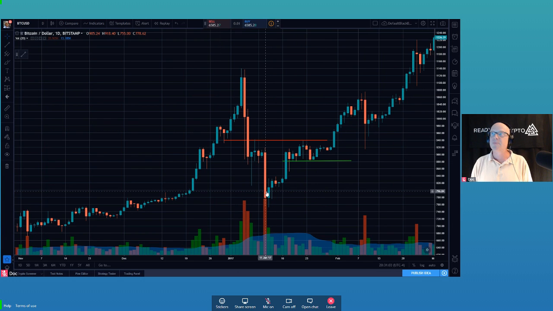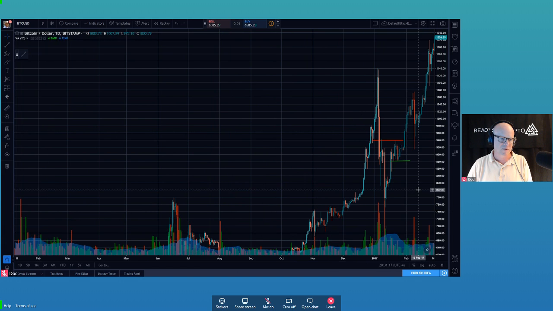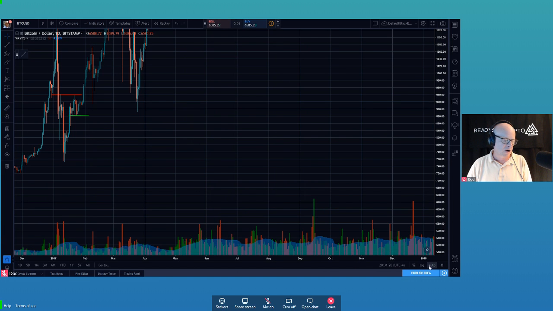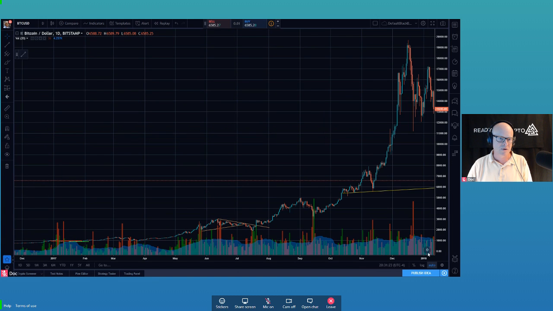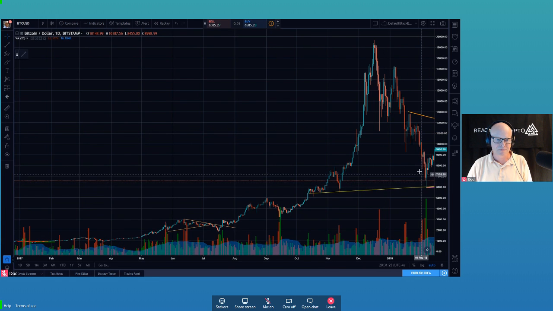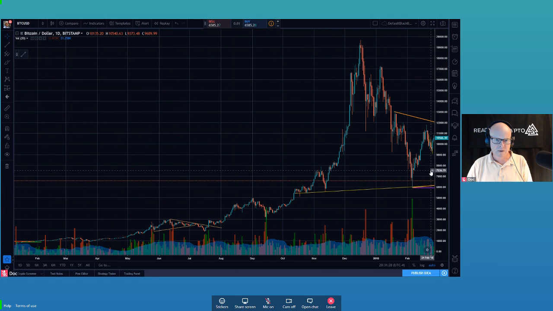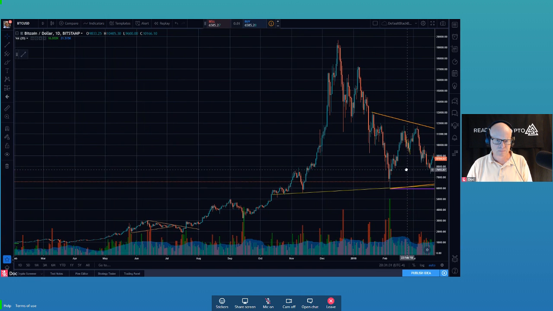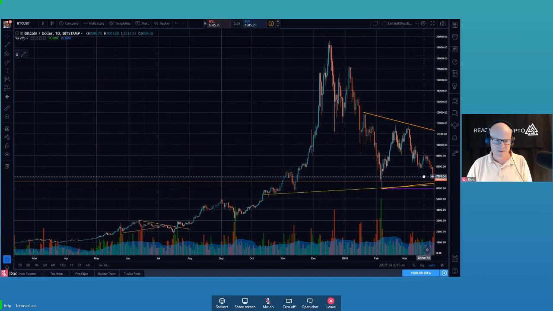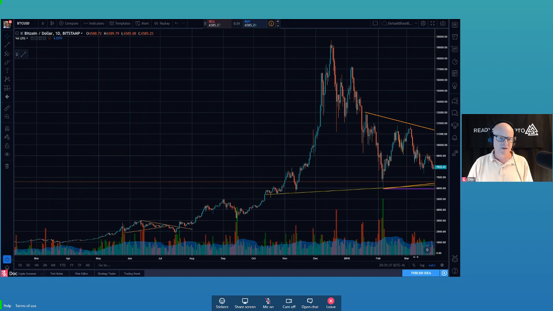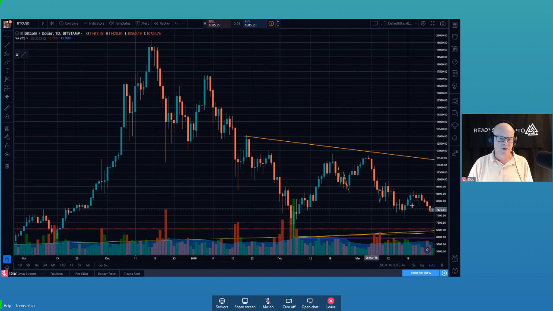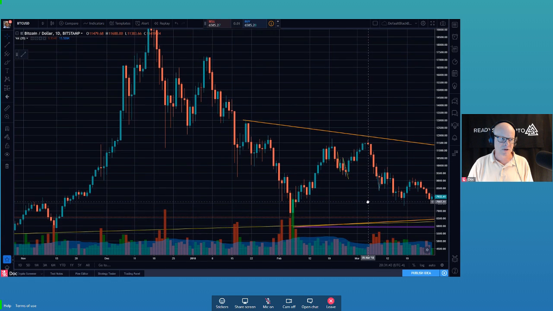So this is example number one, and I'm going to pick up the pace here a little bit, but this is an uptrend continuation. Now I'm going to move this along a little bit, and we're going to go into a downtrend continuation. So let me find a good example here. Okay, so we've got a downtrend in play, right? Let's make sure you can see as much of it as possible.